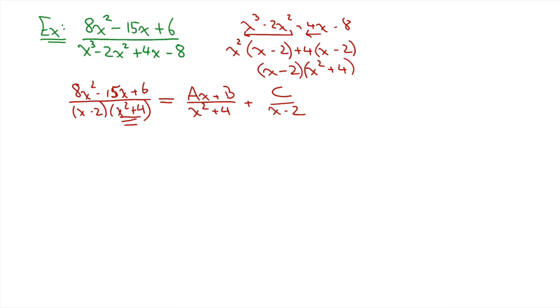What do I do? Oh, I'm sorry, have at it. Okay, what do I multiply both sides by? The common denominator, which is x squared plus 4 times x minus 2. And you multiply everybody by that. Okay. So that gives us, on the left-hand side,